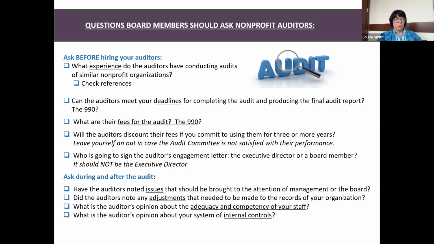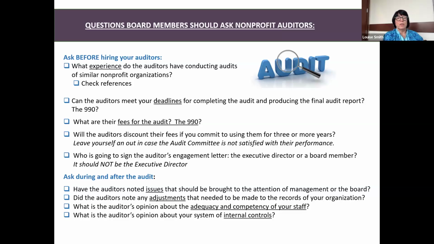And certainly what you want to know after the audit, the audit partner will always meet with the finance committee if you have one, and hopefully the board as well. With the finance committee, you want to talk about things like, were there any adjustments you had to make to our records, and why? And, is our current staff competent to have provided us reasonably accurate statements throughout the year, because you all are making big decisions throughout the year using the financials you get.